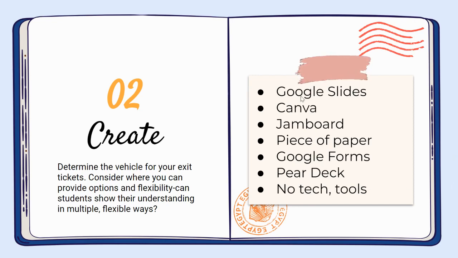So some examples here are the tools that I mentioned at the beginning. So slides, Canva, Jamboard. You can certainly use paper, Google Forms. You can use Pear Deck as well, which is a tool that works within Google Slides. Or you can decide, I'm not going to use any tech or any tools, and that's where you can kind of